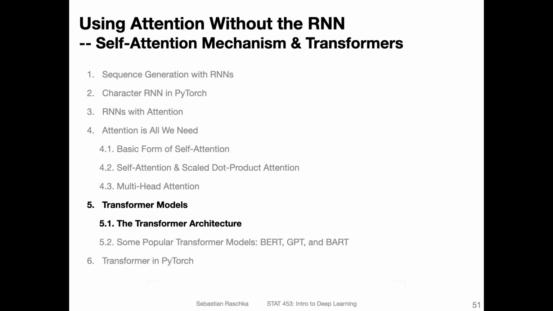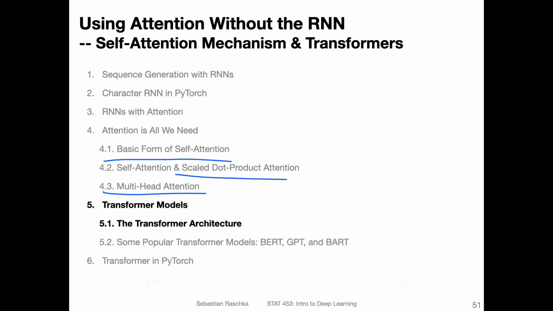Yeah, so in the previous 3 videos, we laid the groundwork for understanding how the transformer model in the Attention is All You Need paper works. So we started with a basic form of self-attention for introductory purposes, and then we discussed the scaled dot product attention found in the Attention is All You Need paper. And then we talked about multi-head attention, that is running multiple of these scaled dot product attentions in parallel.